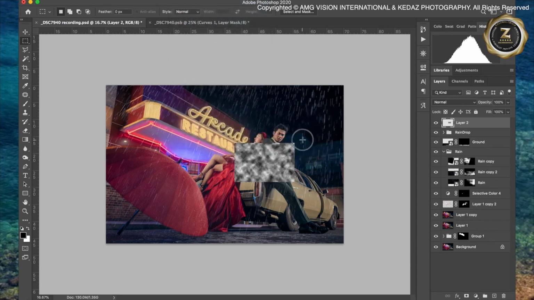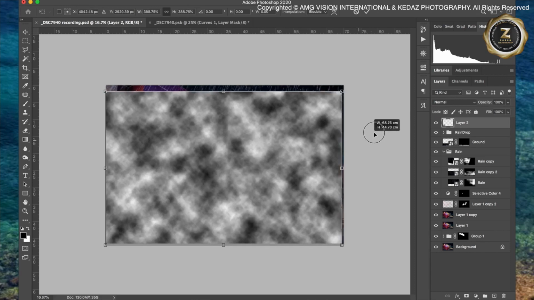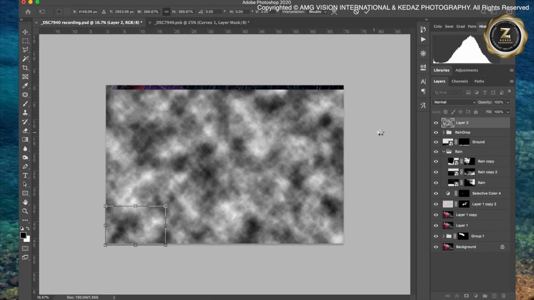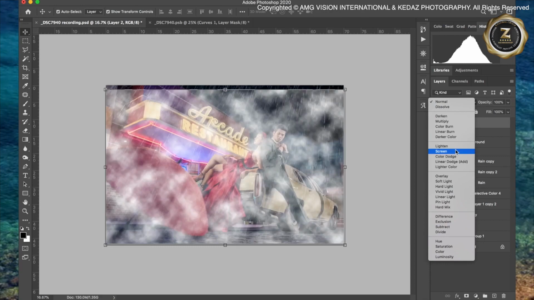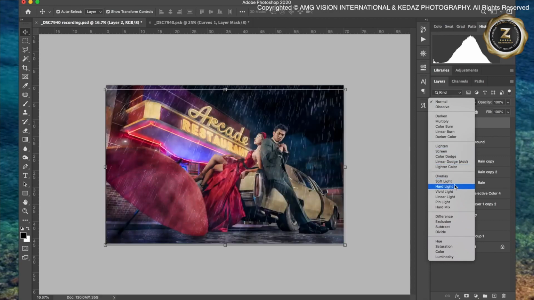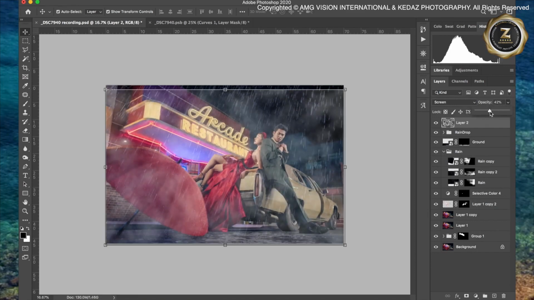So this is the smoke effect that we want to use to create the smoke. Okay, so make it bigger. That's why I want you guys to select a small area to render the cloud and make it big size and look more natural. I'm going to use screen. We use blending mode screen and adjust the opacity